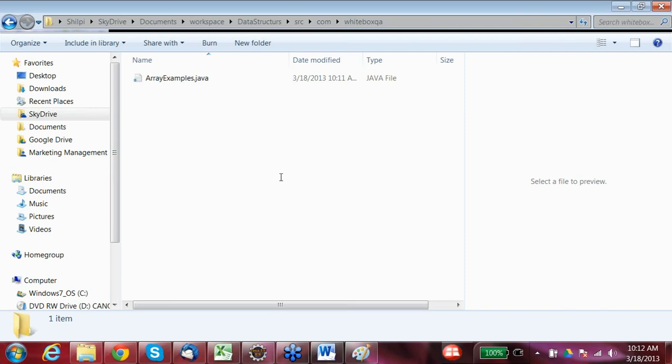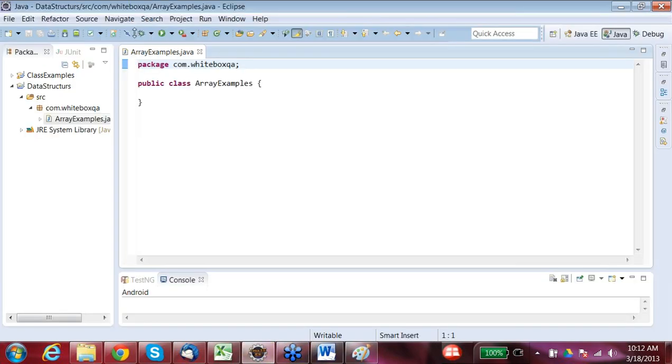Whenever you are creating a class without creating a package, it creates a default package and adds the class to it. So it creates a package, but there won't be any name to that package. It's not a good practice to add classes to a default package.